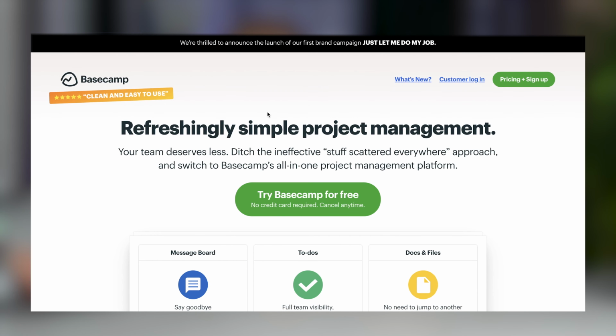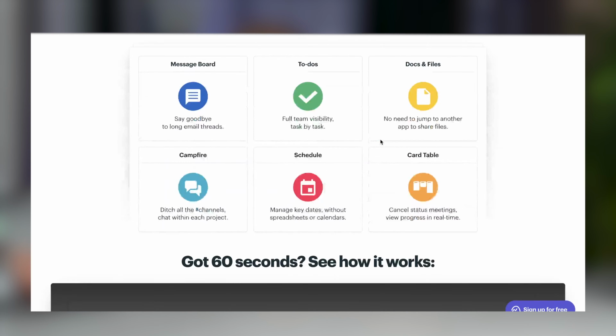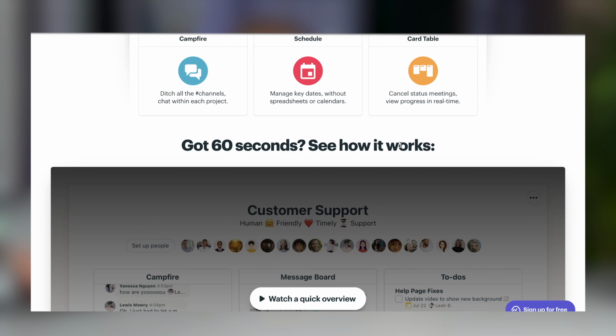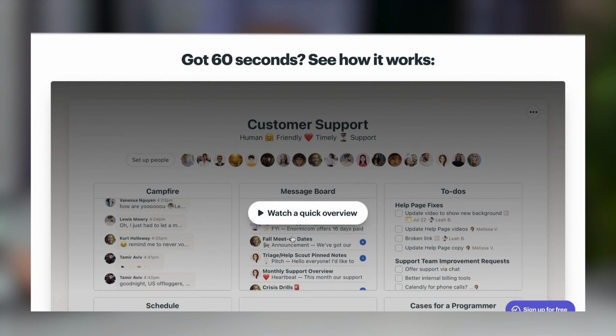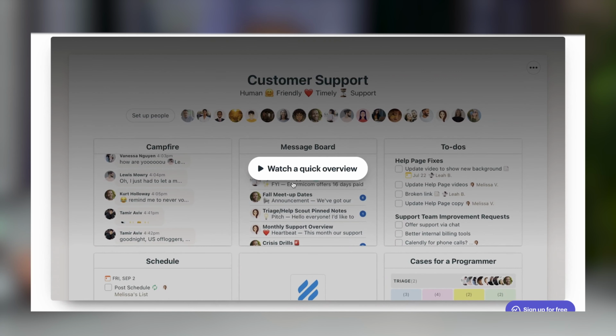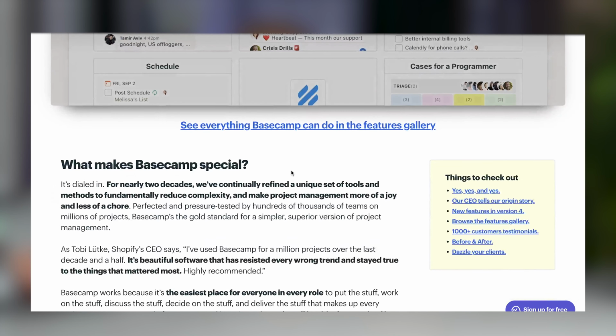An example here for Basecamp, you have refreshingly simple project management. Then got 60 seconds, see how it works. It basically tells you, before watching the video, that it's gonna take only 60 seconds. It's not gonna take more than that, which is probably gonna increase the likelihood of somebody watching the video itself. Then